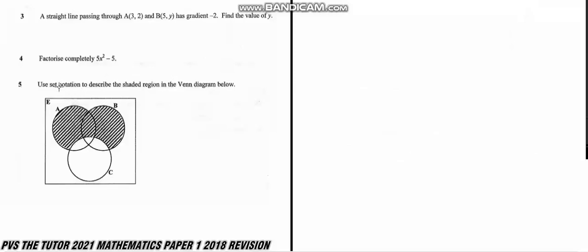Now question 5: use the set notation to describe the shaded region in the Venn diagram below. A and B have been shaded respectively, but C hasn't been shaded. Now we need to understand that what has not been shaded takes a complement. A complement means things not found in that set. So in this case, we have C complement, because C has not been shaded. Then intersect. What has been shaded takes no complement. A union B. So what they have shaded is only A union B intersect C complement. In short, they are saying